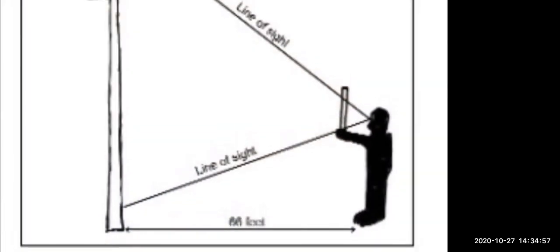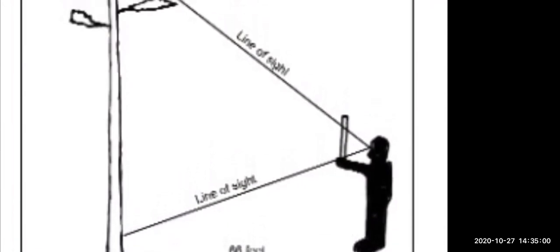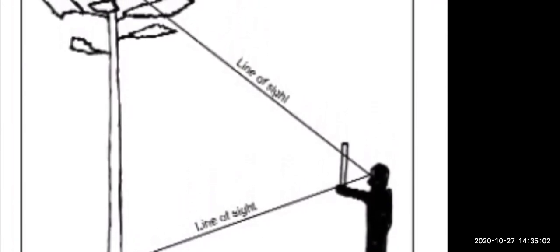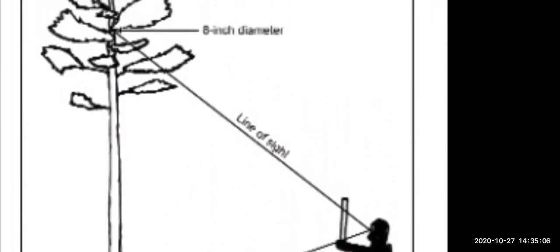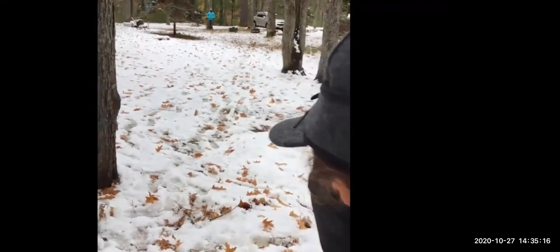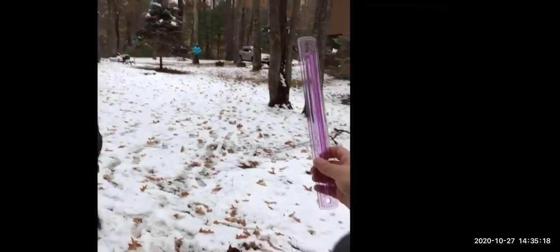One thing to note is that if we were foresters measuring trees to determine how many board feet of lumber they contain, we would not be measuring all the way to the top of the tree because we wouldn't want to include the branches. However, since our job today is to calculate carbon sequestration, and the branches are definitely important for that, we do want to include the branches. So make sure that you're lined up all the way to the top of the tree with your ruler.